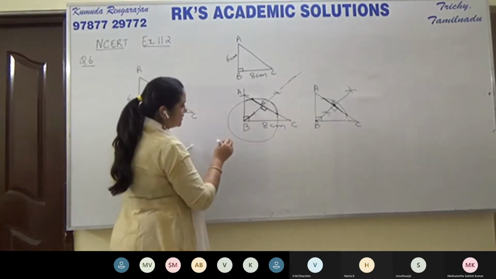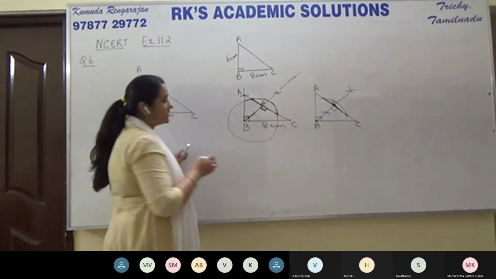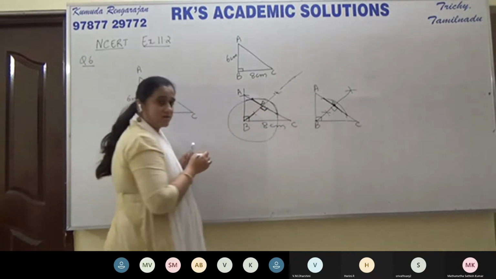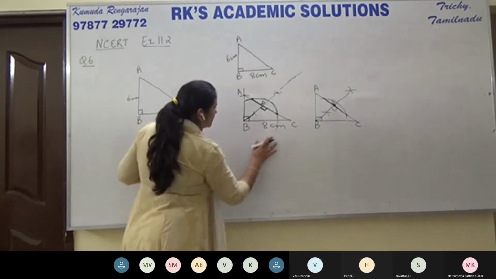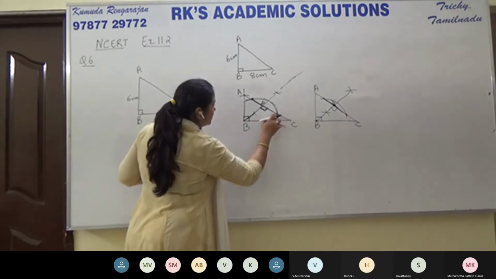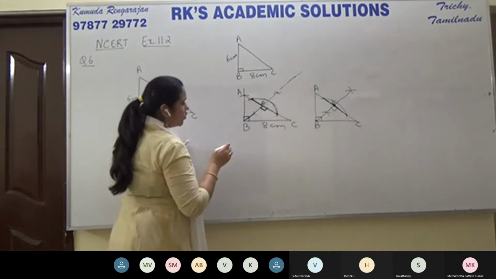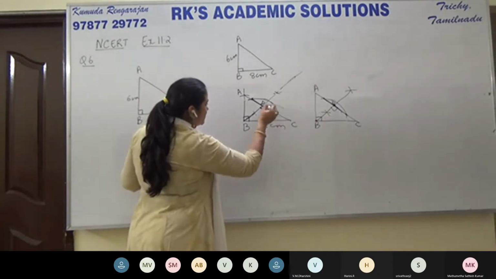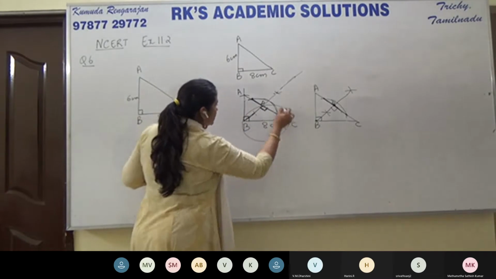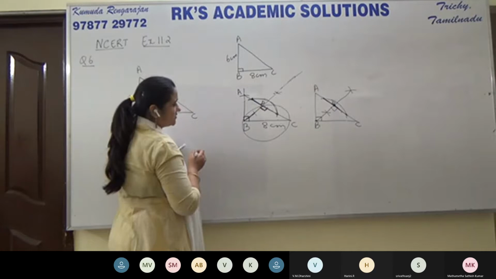So children, watch carefully. Now this angle is 90 degrees. This is a right angle. All right. Now we need to draw a circle. Let me take this away so that it's more clear. Now we need to draw a circle passing through B, C, and D. You cannot draw it like this. We need to construct it. So we draw a circle passing through B, C, and D like this.